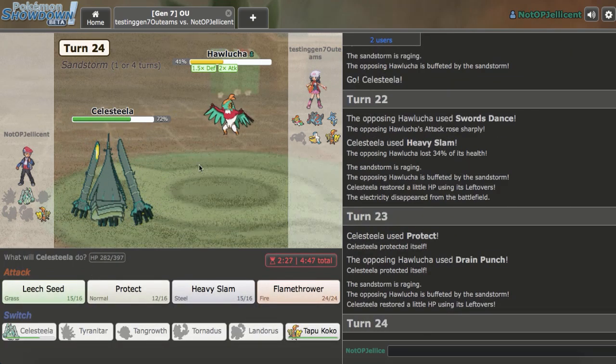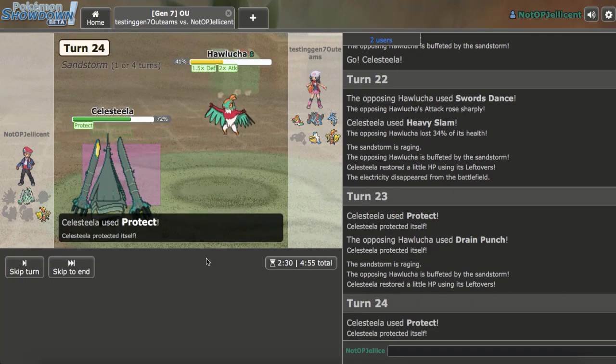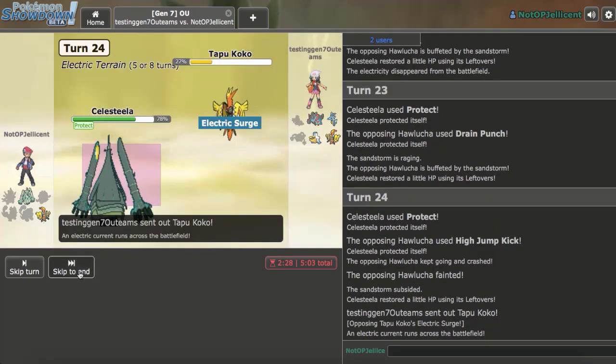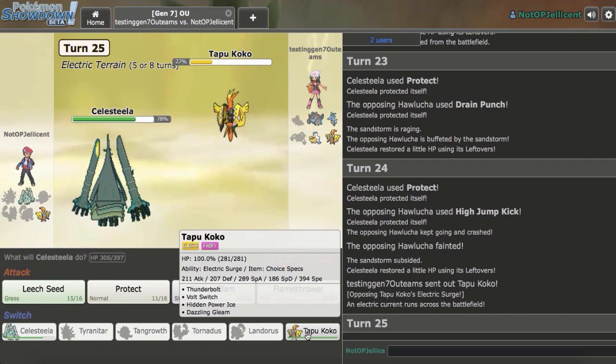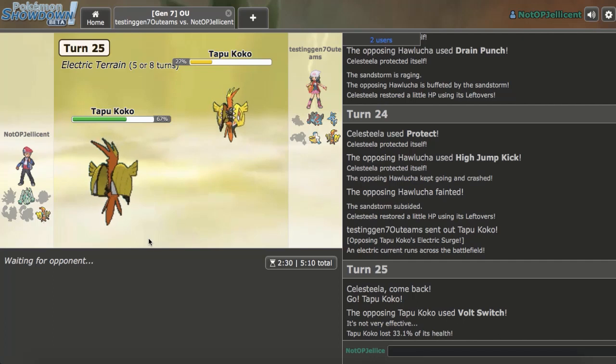Drain Punch, okay. Let's double Protect on the Hi Jump Kick, I think, is my best play. We didn't get it last time, and getting it last time would have been really helpful against Swampert, so maybe we'll get it this time. As we do get it, he's going to go down to Hi Jump Kick damage, so obviously Tapu Koko is coming right back out to Volt Switch. I gotta switch out, as he's going to go ahead and Volt Switch into probably...